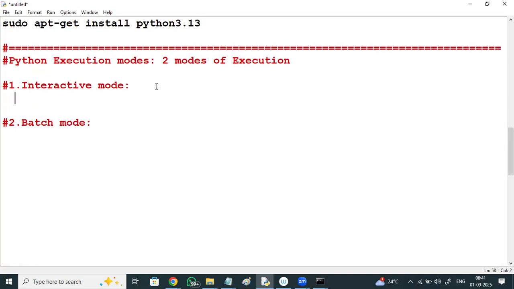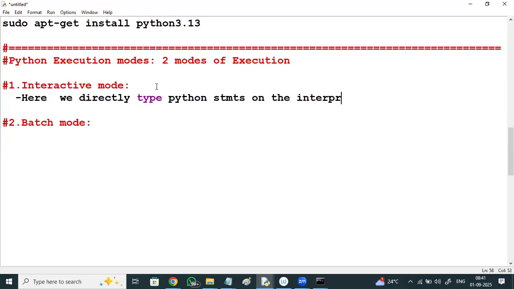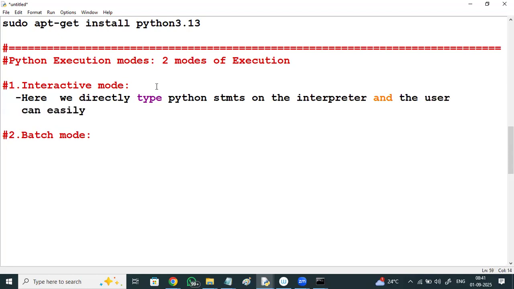Interactive mode: here we directly type Python statements on the interpreter and the user can easily interact with Python statement by statement.